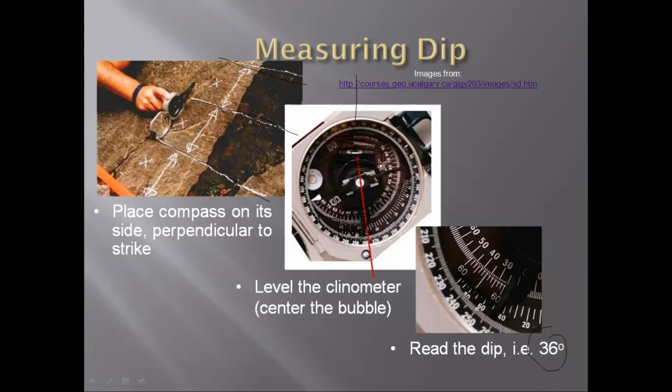These are very easy exercises. Once you have the instrument in your hand and you have a planar feature, you can measure the strike and the dip. You can also do a simple exercise with your notebook, as you have seen that people are doing it with the notebook. You can draw a line along a plane to indicate the strike, and the line that is perpendicular to it will be the indicator of the dip. So this is how we differentiate between strike and dip, and we measure using the Brunton.